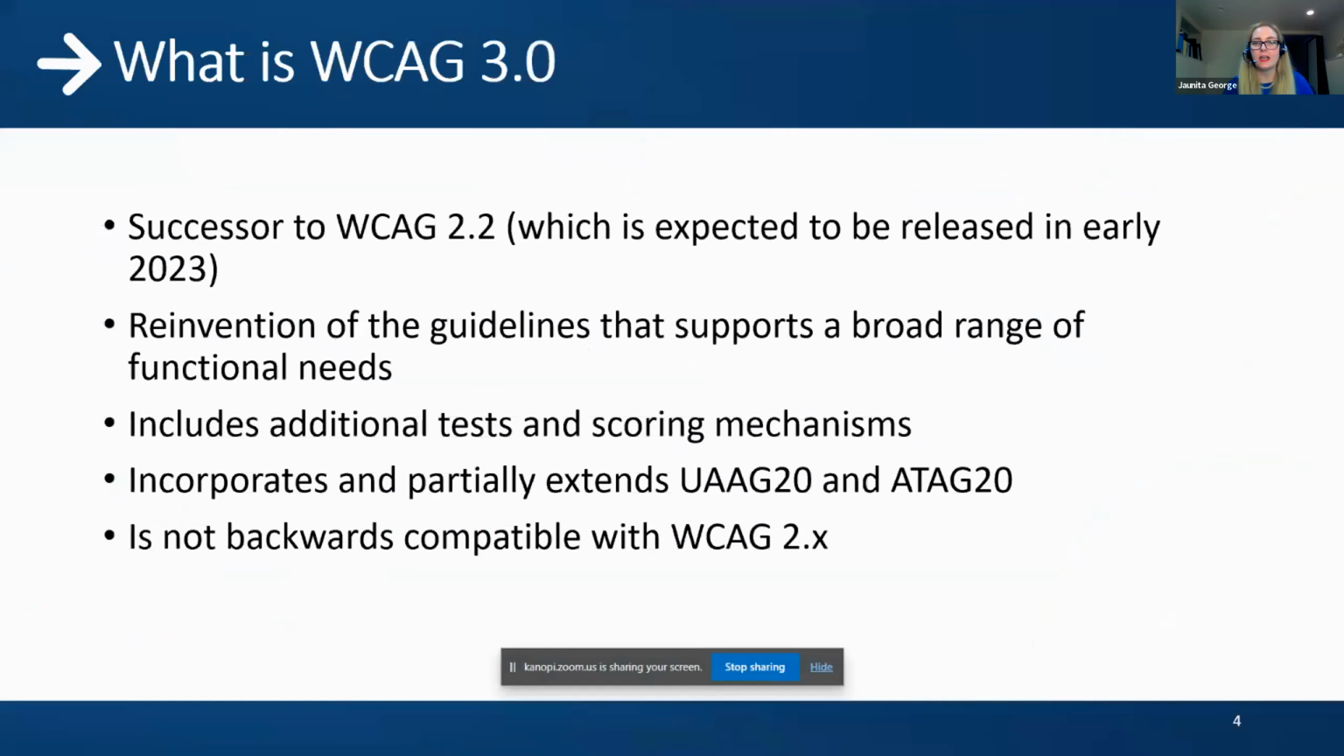So first, what is WCAG 3.0? It's the successor to WCAG 2.2, which I, again, said it was going to be released in early 2023. And it's a complete reinvention of the guidelines, and it supports a broad range of functional needs. So it's meant to really include users with disabilities in the conversation, and really meant to overhaul and fix a lot of the